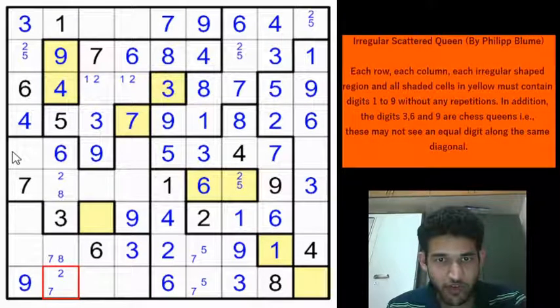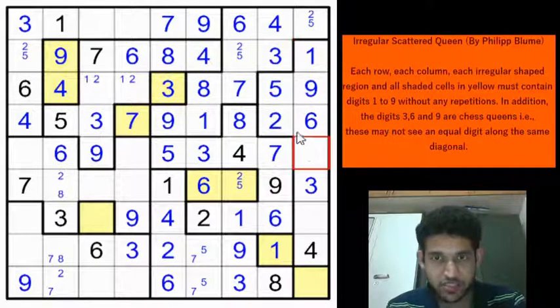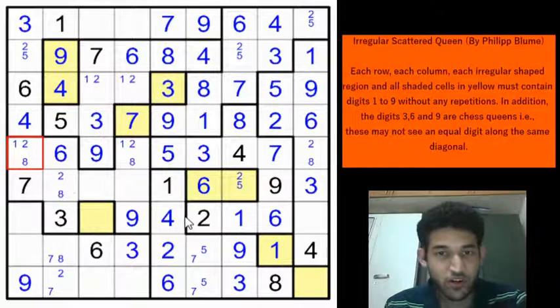And let's look at row 5 now. 6, 9, 3, 4, 5 and 7 have been placed. Remaining digits are 1, 2 and 8. You can't have a 1 here. So this will be a 2 or 8. Right? And this will be 1, 2 and 8. And this will be 1, 2 and 8. Okay, still the Sudoku is very tight.